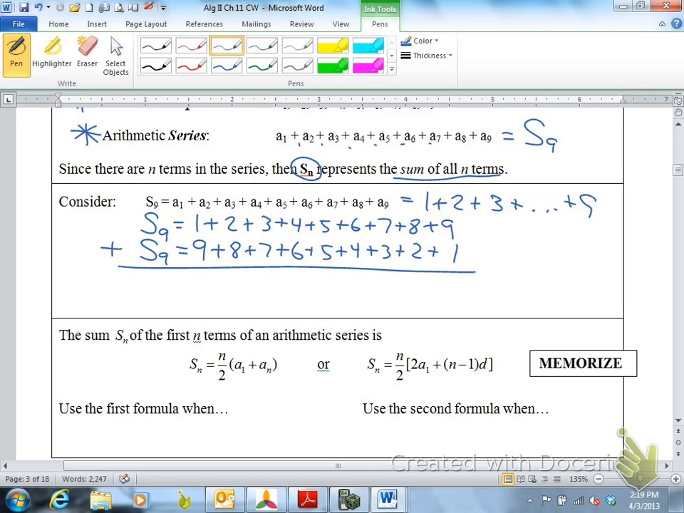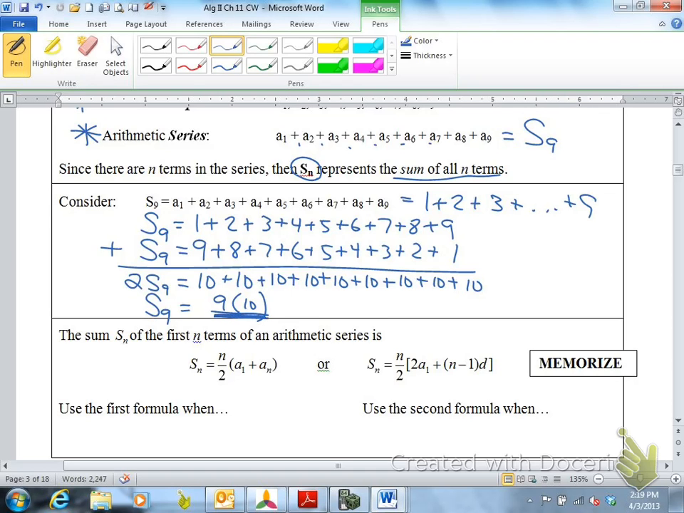But let's say we add these two. So same sum, we're adding it twice. So you have 2 S's, 2 sums of 9 terms. And 1 plus 9 is 10. 2 plus 8 is 10. 3 plus 7 is 10. And we keep getting 10. 10, 10, 10, 10, 10. And how many 10s do we have? 1, 2, 3, 4, 5, 6, 7, 8, 9. We have 9 10s. So the sum is 9 times 10